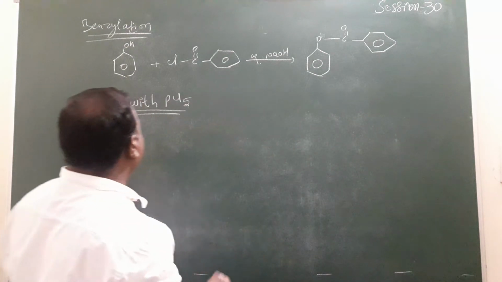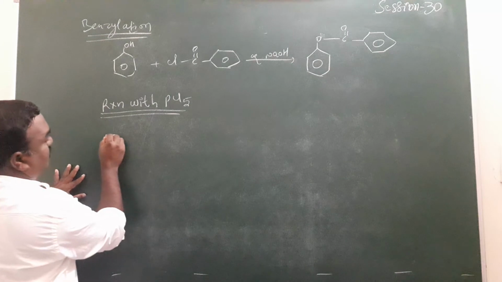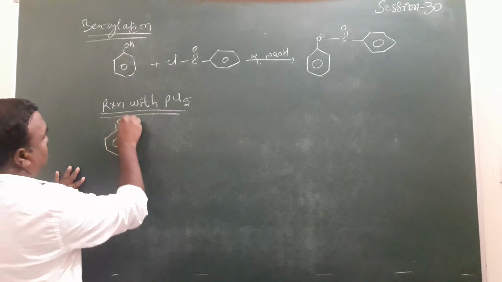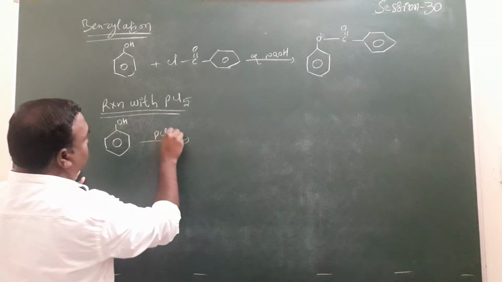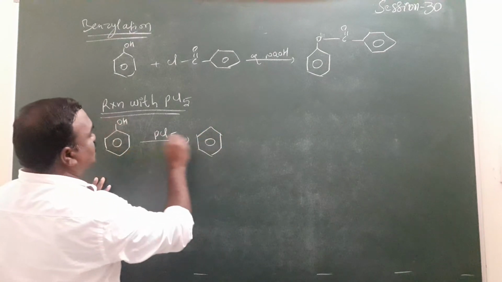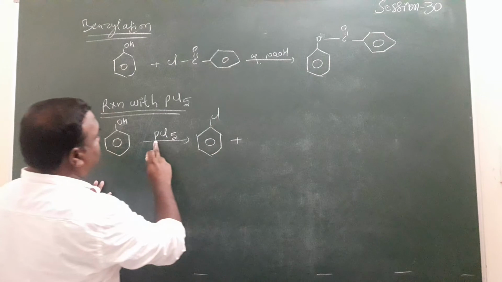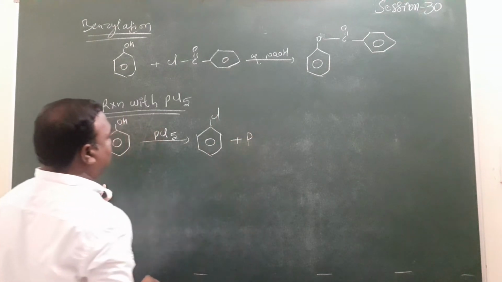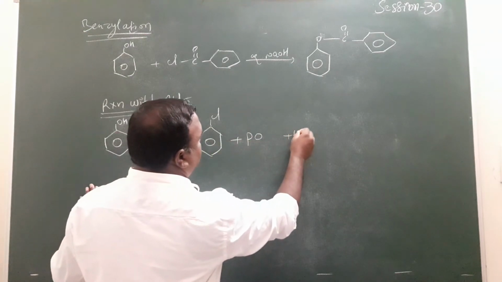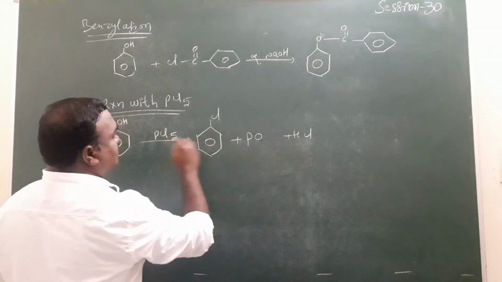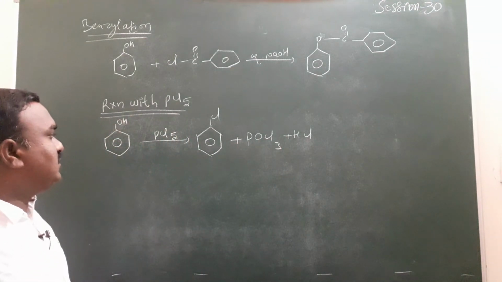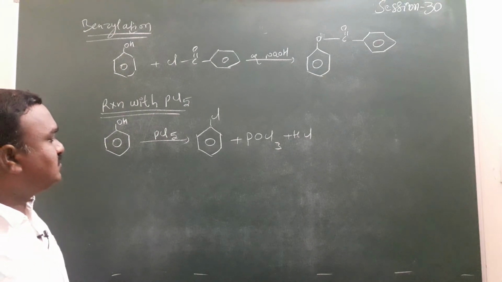So now here phenol is given, a phenol compound with an OH group. The compound reacts with phosphorus pentachloride. The OH group is replaced by Cl. Remaining, how many phosphorus atoms? 1. How many oxygens? 1. How many hydrogens? 1. 1 hydrogen, 1 chlorine. Remaining, how many chlorines? 3. POCl3 is formed here. Again, with the formed POCl3 compound, a continuous reaction is possible.